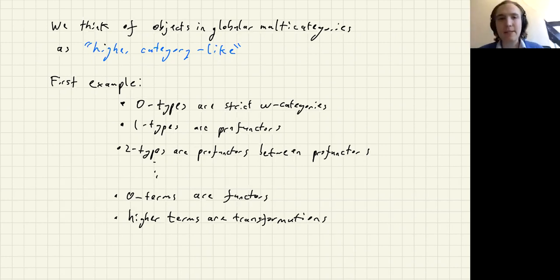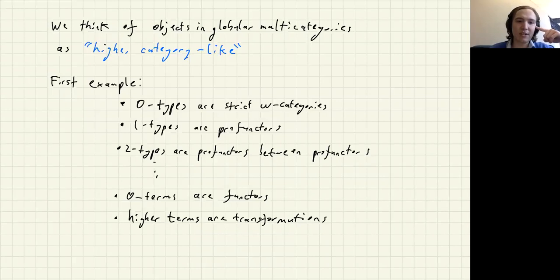And so really what we want to do with globular multicategories is to think of their objects in general as being not just category-like, but higher category-like. That's the kind of intuition that I have about globular multicategories and that I'm trying to generalize from the low-dimensional case. So as a first example,